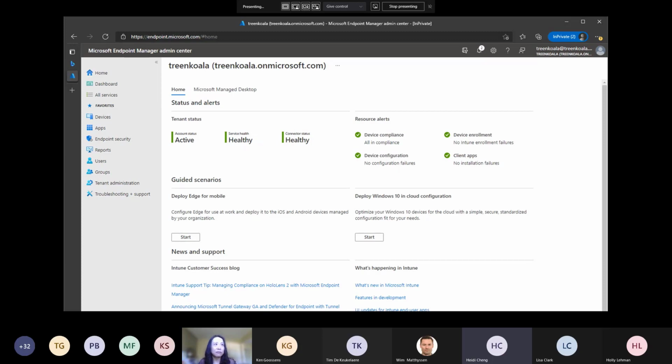You really live in this console, and a lot of what you experience within this console is something that my team is very focused on. We try to understand any pain points, and try to smooth the experience for you so that you're more productive, and you can help your end users to achieve their productivity. So with that said,